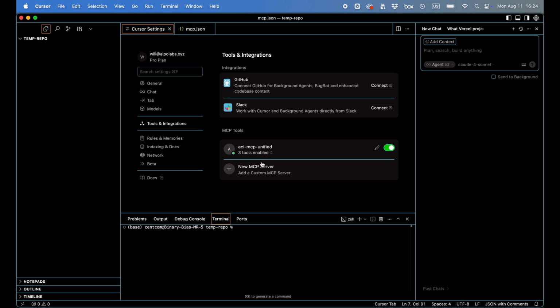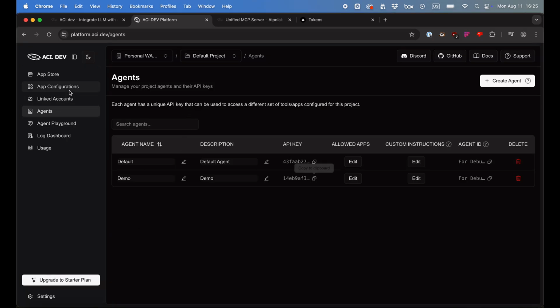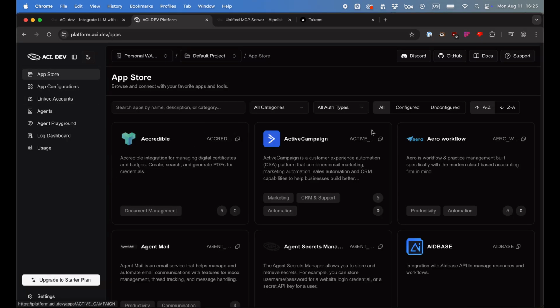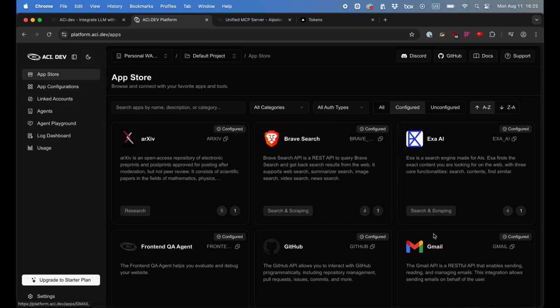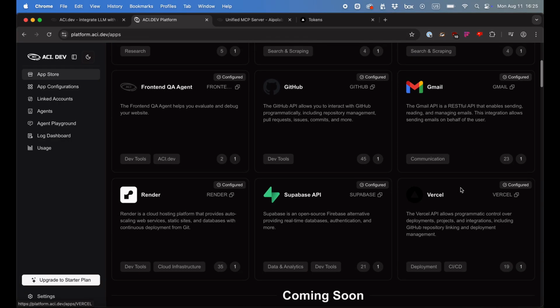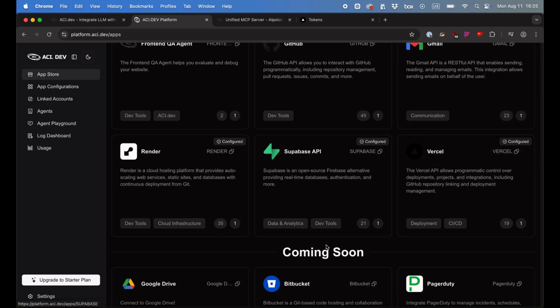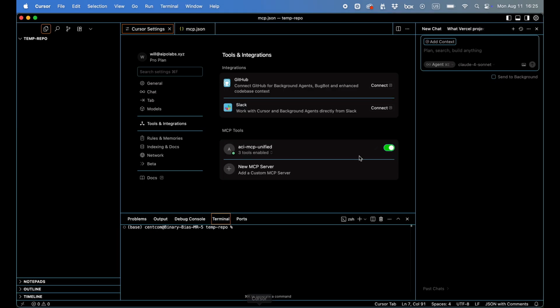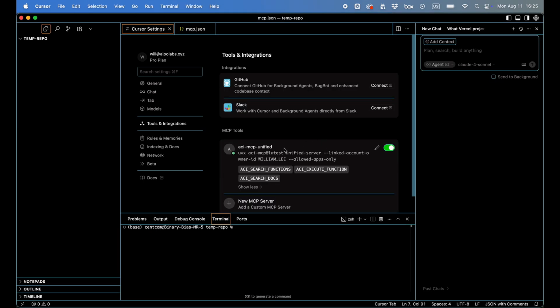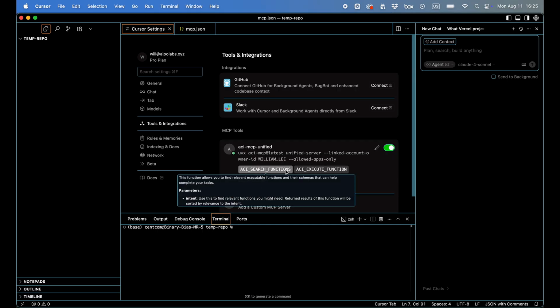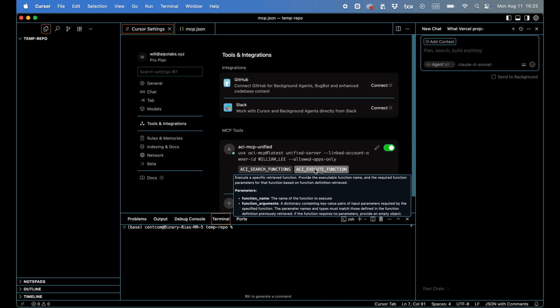properly. If you've used MCP with Cursor before, you'll notice that we only have 3 tools enabled for some reason. Even though, when we check the apps that we have configured and connected, even just between GitHub, Gmail, Supabase, Vercel, and Render combined, there should be over 100 different tools that are loaded into our MCP. So if we loaded all these into Cursor directly, it'll result in tool overload and context rot. As a rule of thumb, 40 to 50 tools is kind of the maximum that you typically should be able